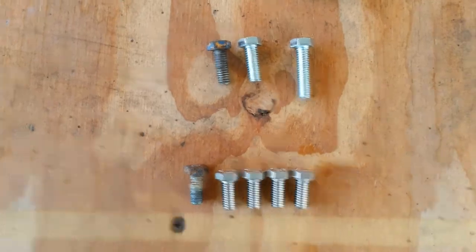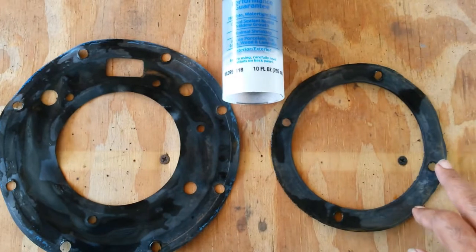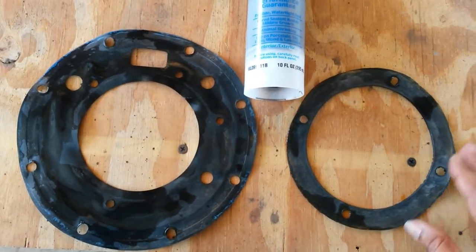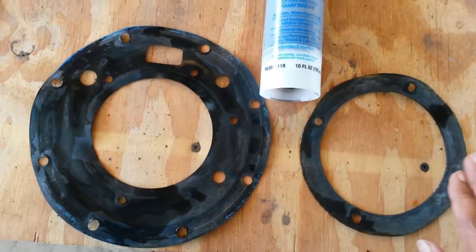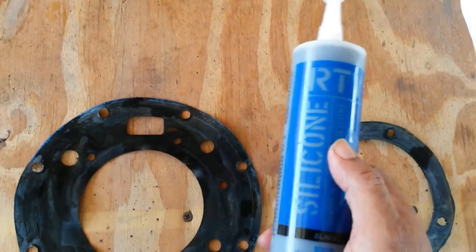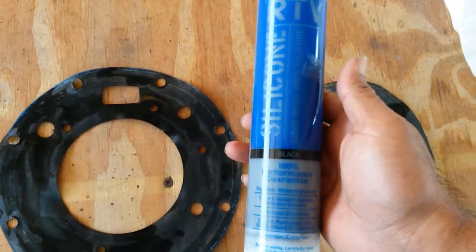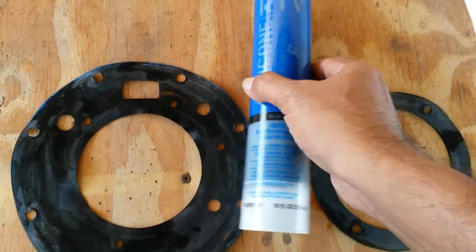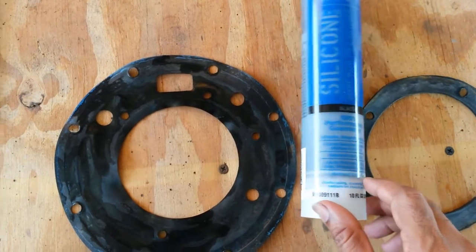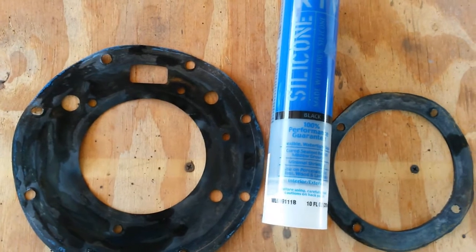So we're in position, we've got our bolts. Let's start reassembly. Rubber seals that came out, front one, back one. Looks like this was homemade actually, doesn't look quite bought. It has lips, it's not ideal, really it should be replaced. I don't have replacements, so I'm going to use them back and use some of this silicone. It's black silicone, RTV, whatever that means, 100% silicone. It doesn't really say it's used for gaskets. It's ready for use on porcelain tile, glass, wood and laminate. I think it should work, and if it doesn't,